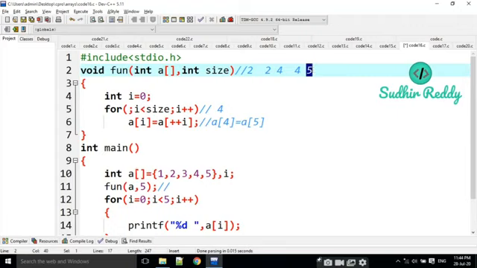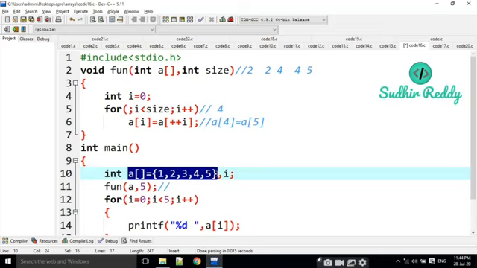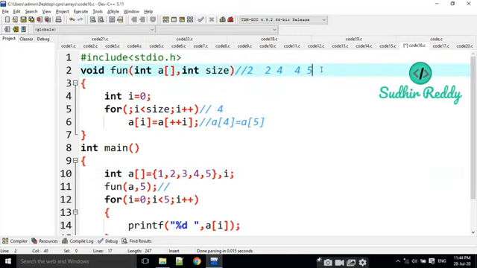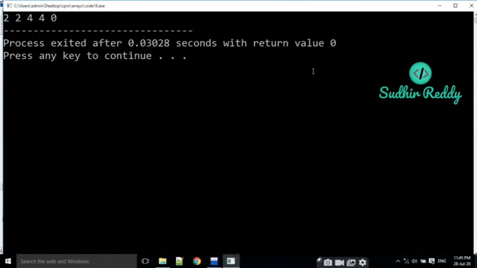But look at this. I am not reading the array values using scanf. If you are using scanf, the 5 is going to be replaced with a garbage value. But here the values are given manually, that means at the time of declaration we are reading them. So what is the next value? The next value is 0. Then the 5 is going to be replaced with 0 here. The output is 22440.